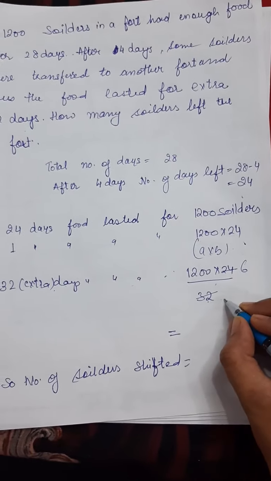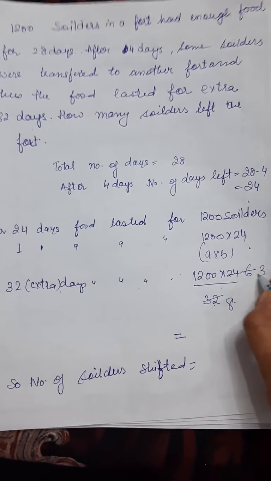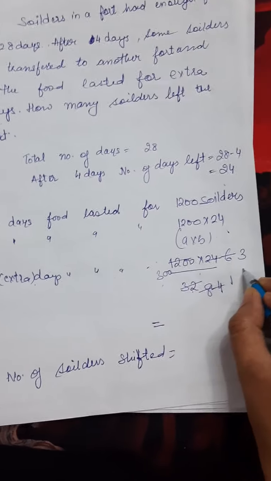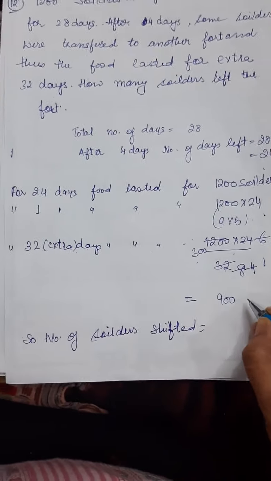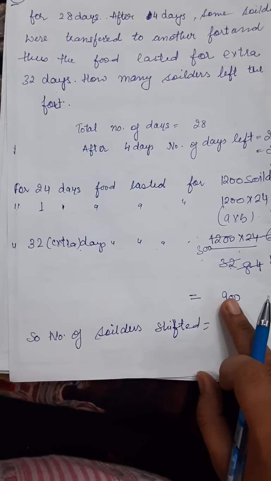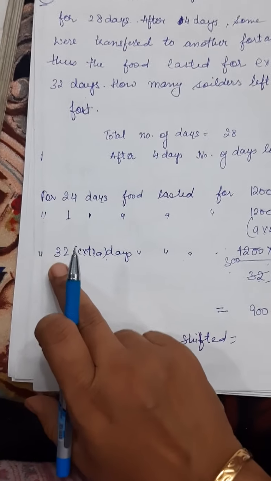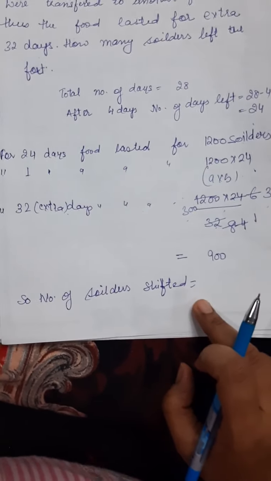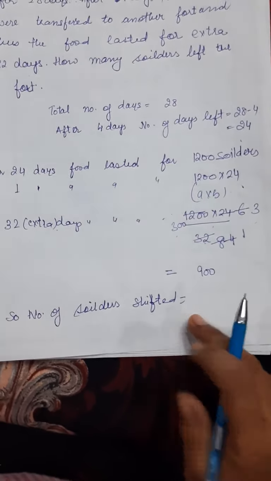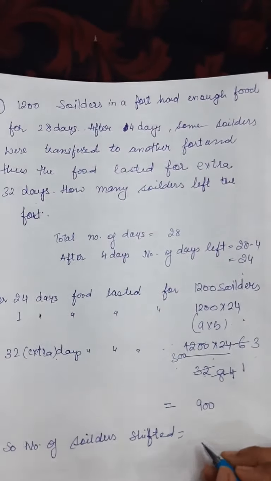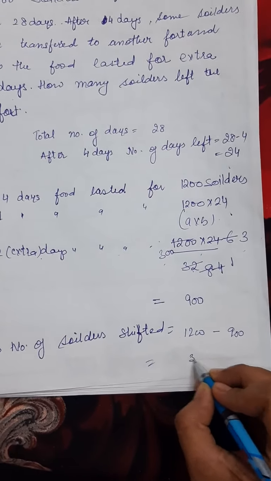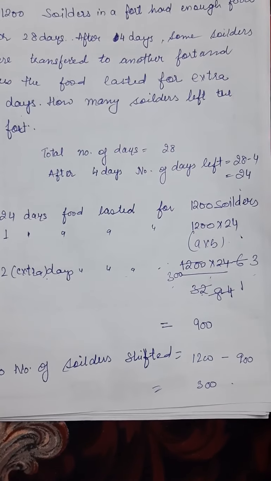4 6s are 24, 4 8s are 32. 2 3s are 6, 2 4s are 8. 4 1s are 4, 4 300s are 1200. 3 into 3, 900. So, thus 900 soldiers are there. That is why this food lasted for extra 32 days. It means how many soldiers were actually shifted? Earlier there were how many soldiers? 1200. Now there are how many soldiers? 900. So how many of them are shifted? This is 300 actually. The answer is